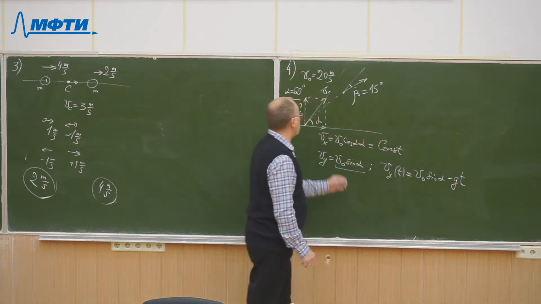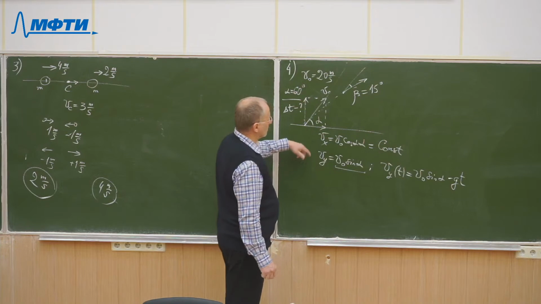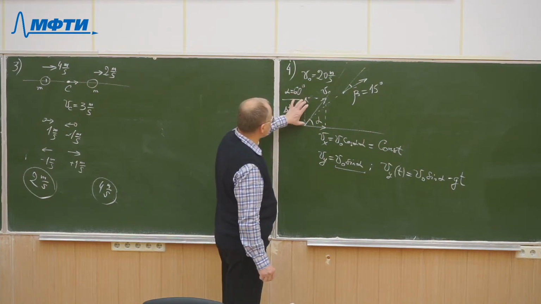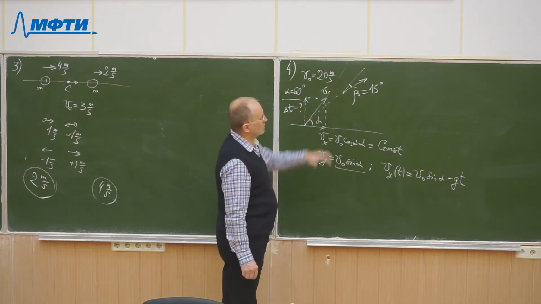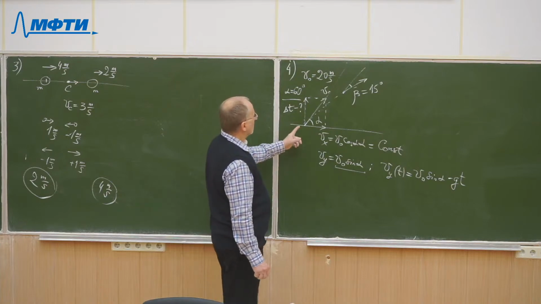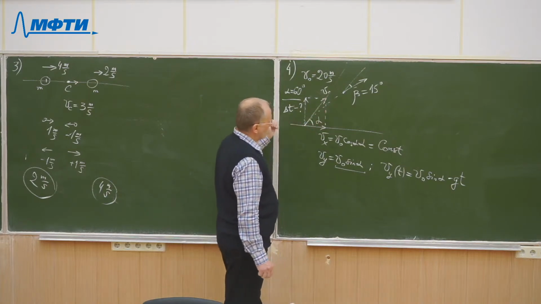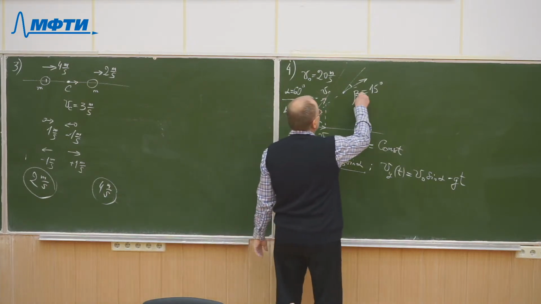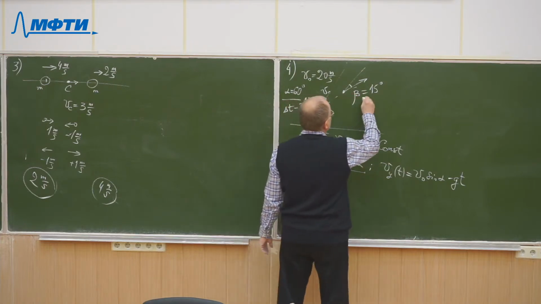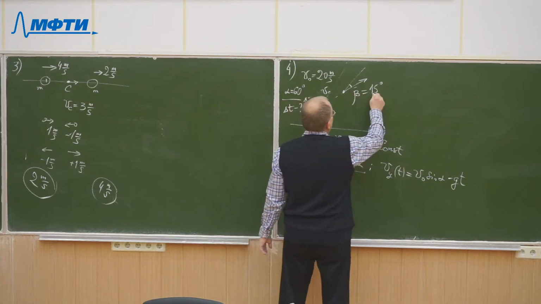Acceleration of free fall is directed downward so that it tends to diminish the vertical velocity as the stone is flying along its trajectory. So when the final angle at some moment of time will be less by